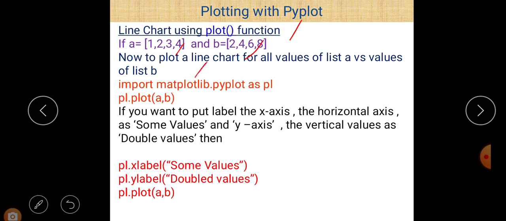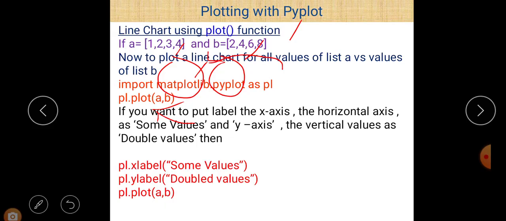First of all, write matplotlib, the name of the library, then the dot operator, then pyplot, and after that write as plt. plt is an alternative name given to matplotlib.pyplot, so we don't need to write matplotlib.pyplot every time. And plot is a function, basically. It plots a line chart between A and B, according to whatever values are given for A and B.